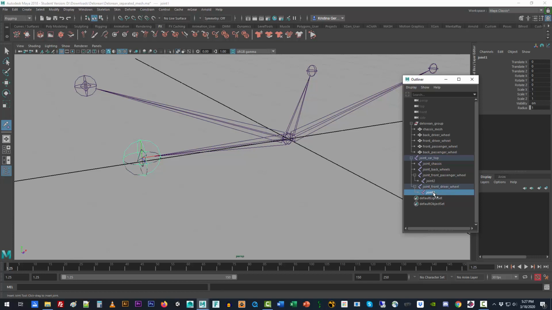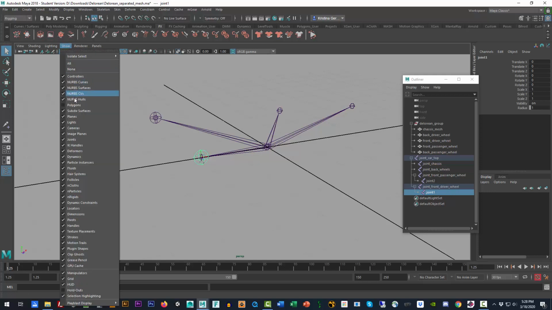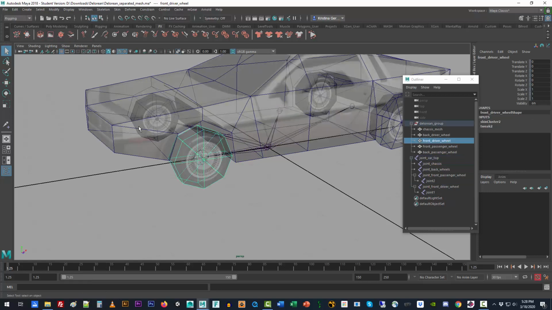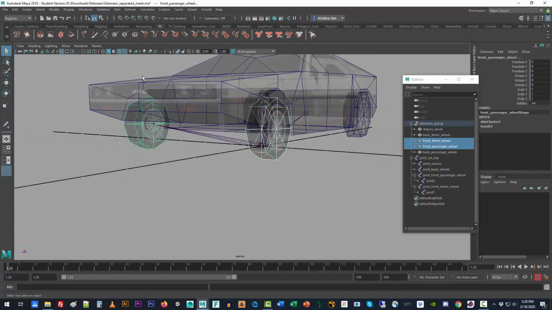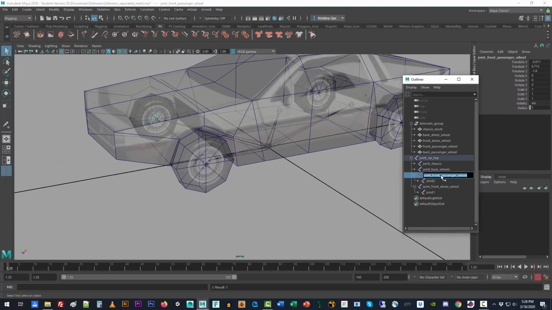We can try to be clever and kind of do the old switcheroo, which I'm going to do. I'm going to take this and see if I can parent it to its child. No? Okay. I could do that. Looks like it might be a pain. So the best thing to do, when you're adding something, come up here and let's just unbind the skin. Again, we didn't paint any weights. This is absolutely painless. So what I'm going to do is I'm going to cut, copy and paste, and